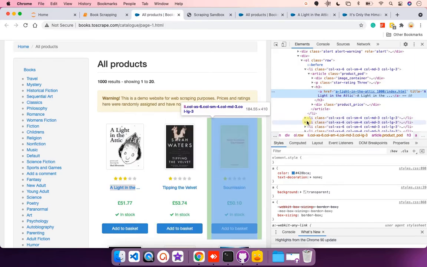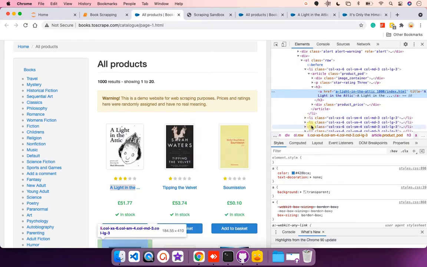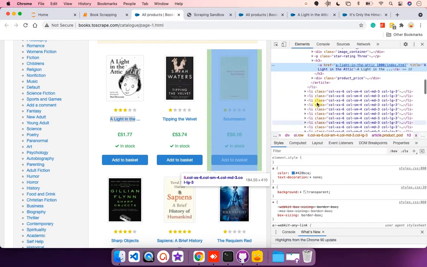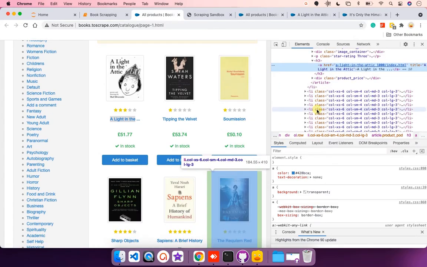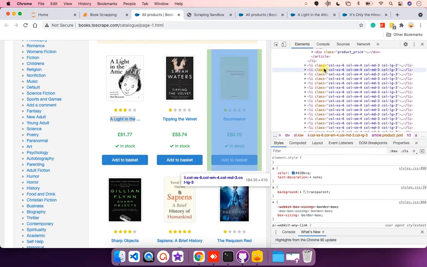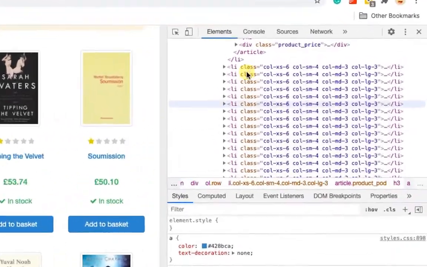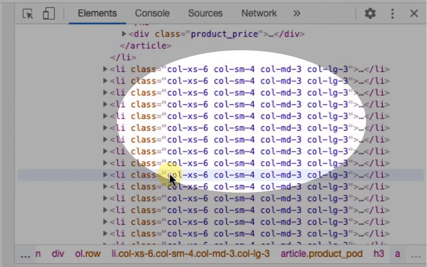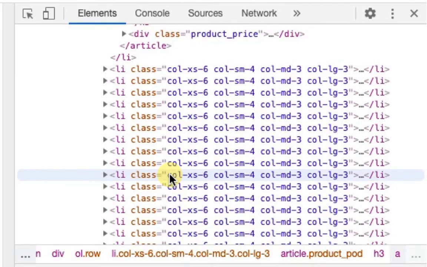If we observe, there is li tag in HTML. So li tag is basically to list down element inside the list. In this list, all the books are present. So we can iterate on this list. The class name of the list is same throughout all the elements. So we will only extract element with the class equal to this.